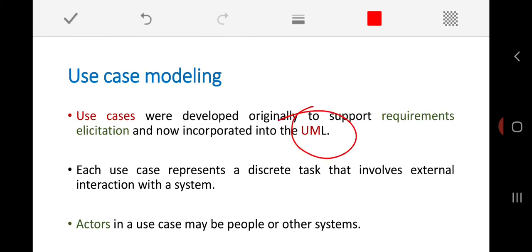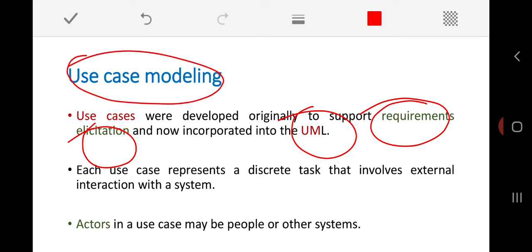Okay, use case modeling is a type of graphical notation which represents your system, or part of a system, at a very abstract level. But every use case model that you build is always helpful to identify or extract a new kind of requirement elicitation. Requirement elicitation means extracting the requirements. So while extracting new requirements for your system, use case modeling is very much essential.